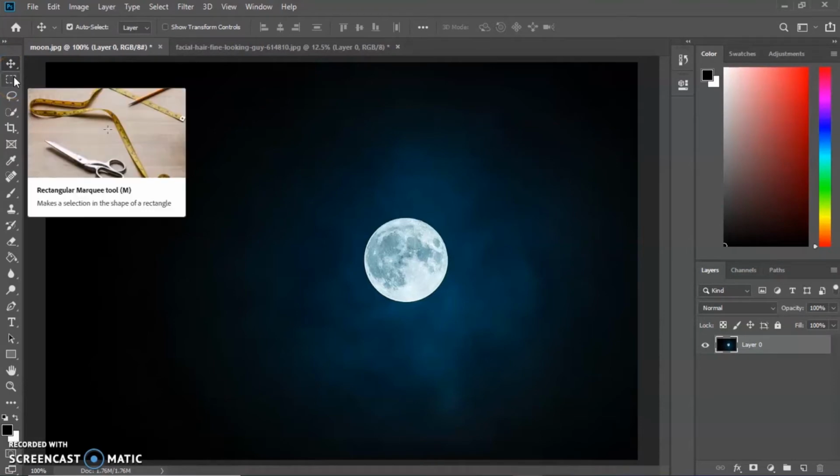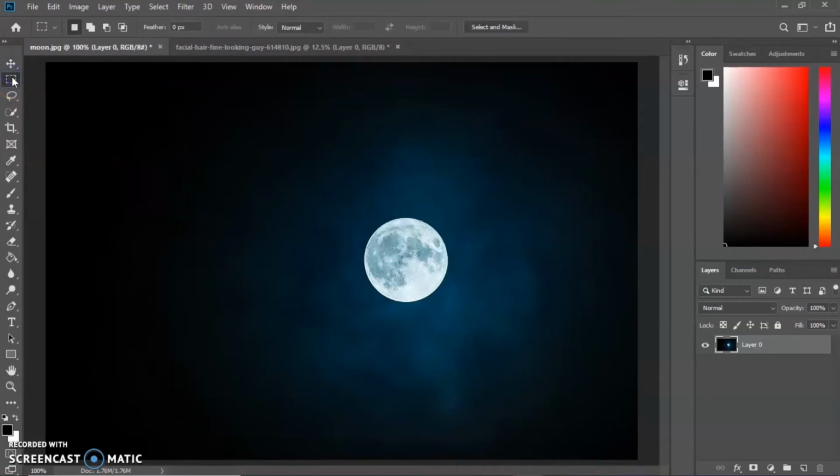Now, our second tool is the Marquee tool. Marquee tool is further subdivided into 4 tools. To see the subdivision, let's right-click on the Marquee tool. As we see subdivision, the first Marquee tool is the Rectangular Marquee tool. Selecting the Rectangular Marquee tool, it is used to select a portion of the image in a rectangular shape.